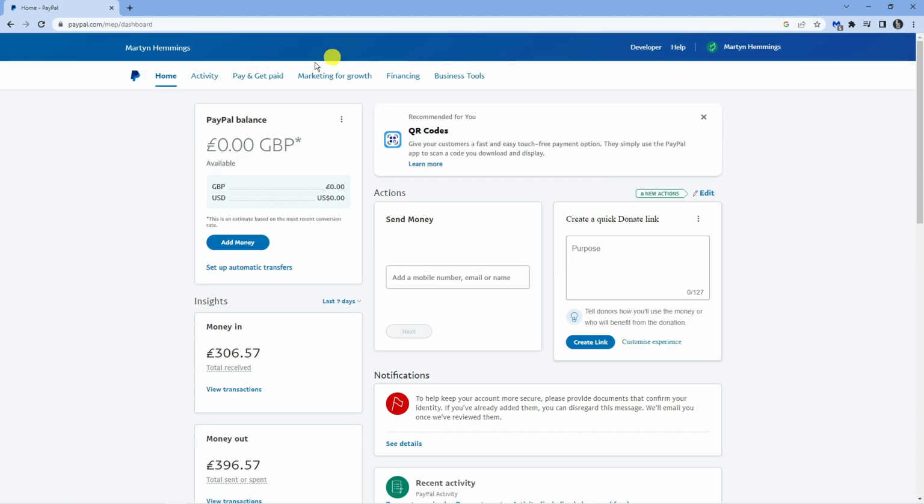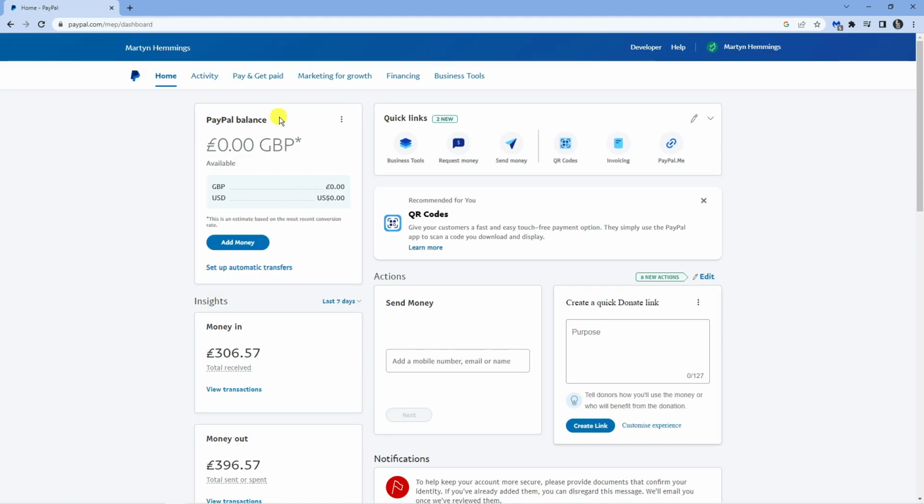So once that's done, what you're going to want to do is come back to the PayPal home screen, and from here, now I've currently got no funds in my account, but what will happen if you've got funds available, you will see an option underneath to transfer money. So it's going to say like transfer funds. So once you've linked your card, all you want to do is click onto transfer funds or withdraw funds, and